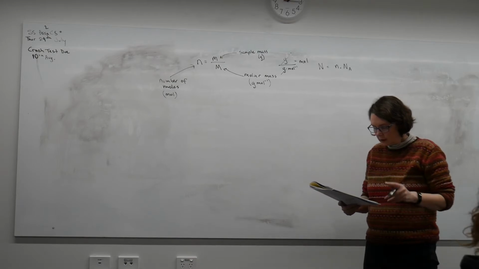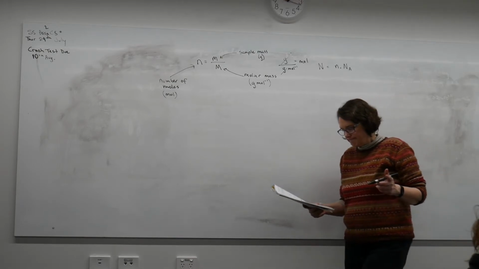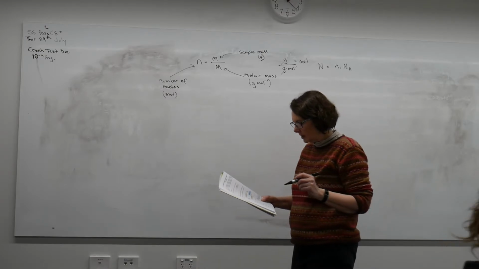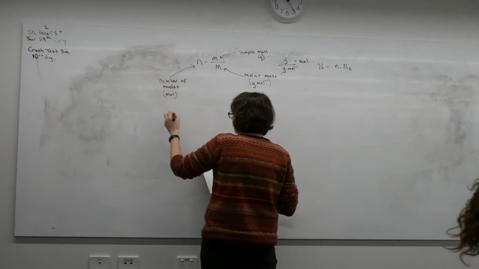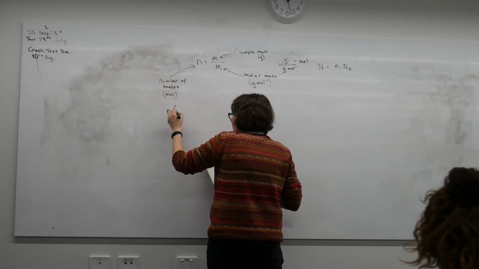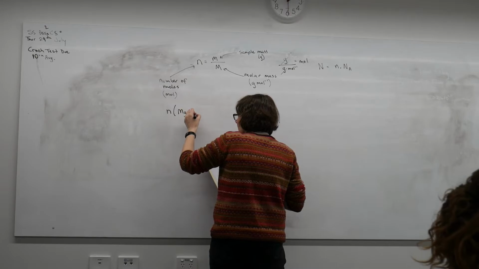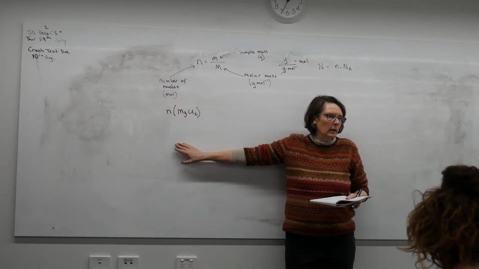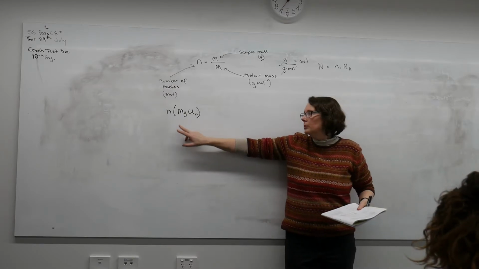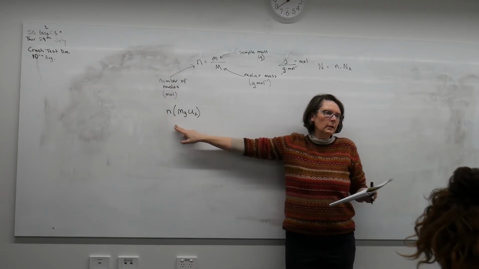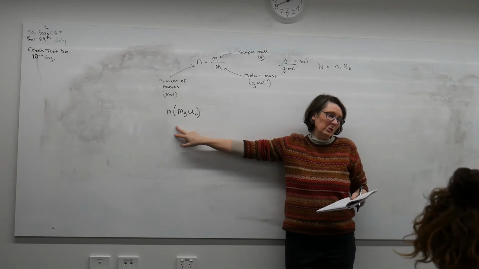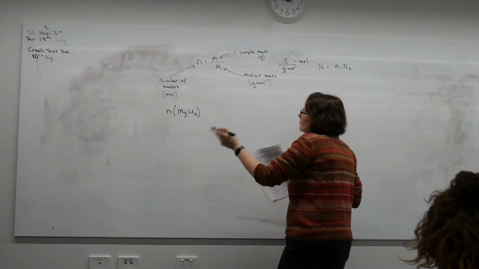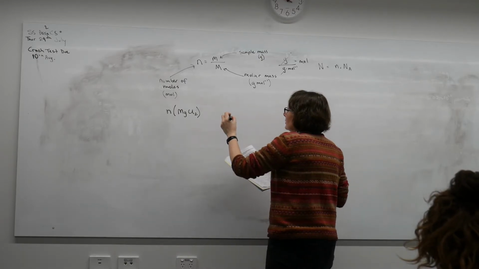So if we look at our worked example, we were asked to calculate the number of moles in 4.63 grams of magnesium chloride. The way you set this out is, this is what we're trying to find. In chemistry, we write the symbol and then in brackets say what it is we're investigating. So moles of magnesium chloride is going to equal